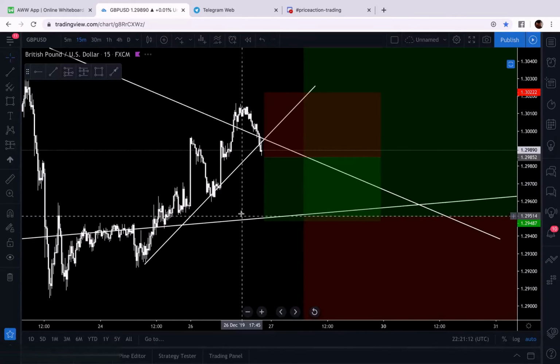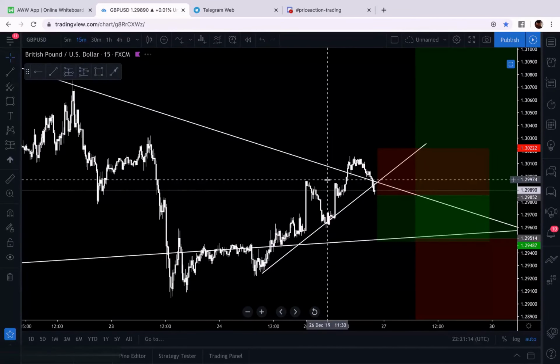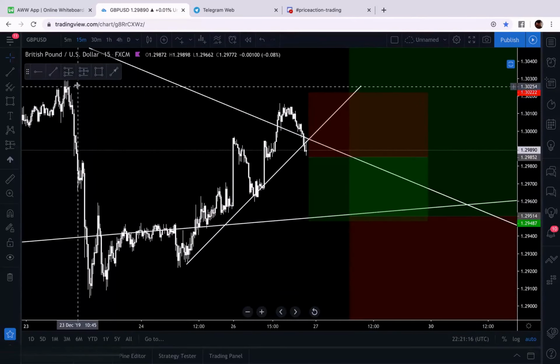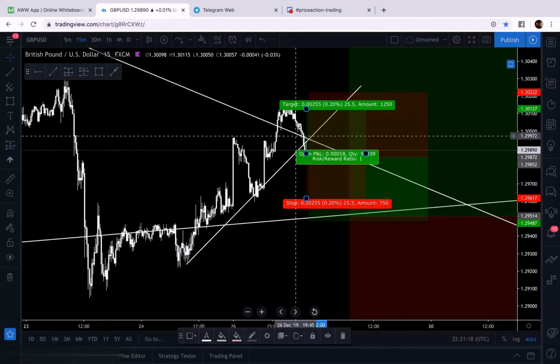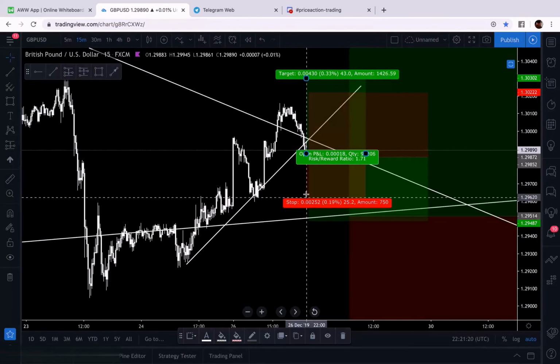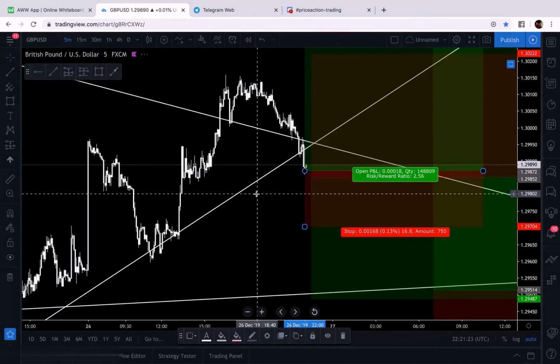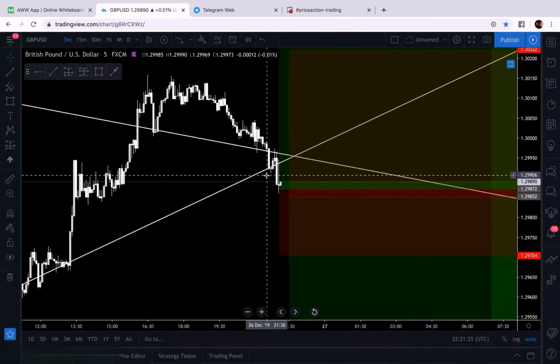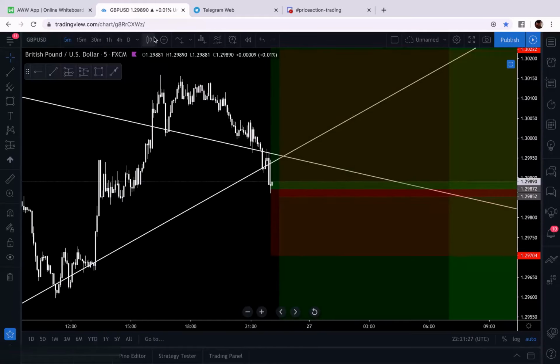But wait, on the minute 15, it just broke the trend and rejected the trend. So let me just buy right here because it's retesting the trend, and then my target will be up there, and my stop will be below here. But on the 5-minute chart, it broke out of the uptrend, and then when you go out to